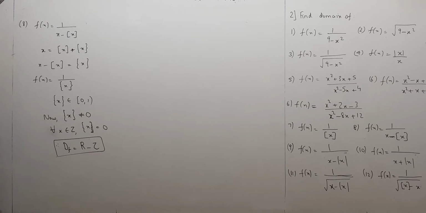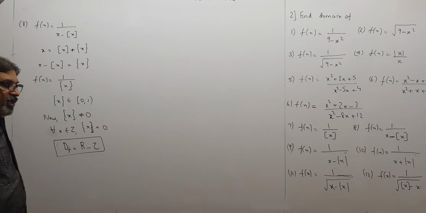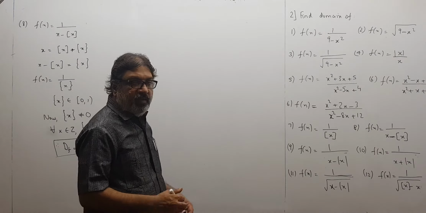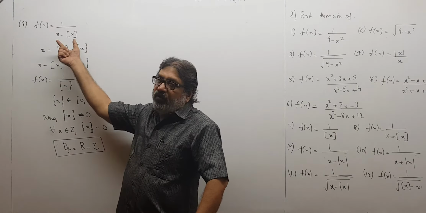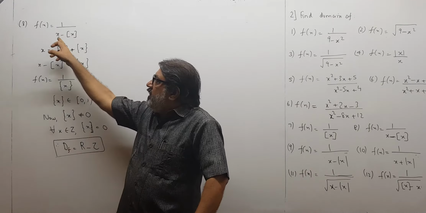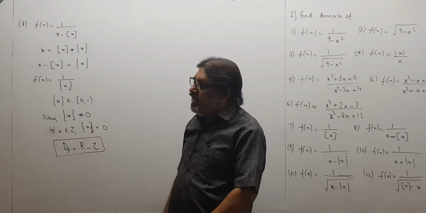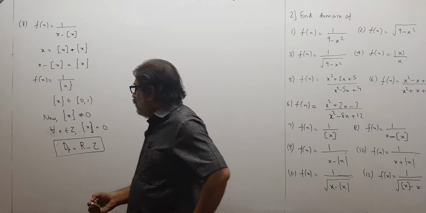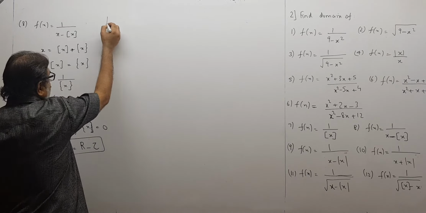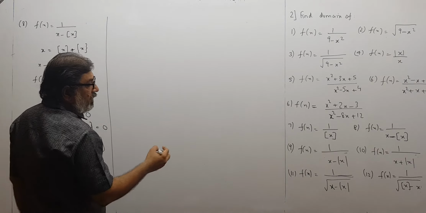This way we think. For all other numbers, this won't be 0. If you take out all integers, if you take any decimal number, any fractional number, then this will never be 0. But for every integer, this will become 0. You can check out. So this way we have to think logically and get the domain, children. We will have to use our brains, thought process, and everything should be in the proper place.